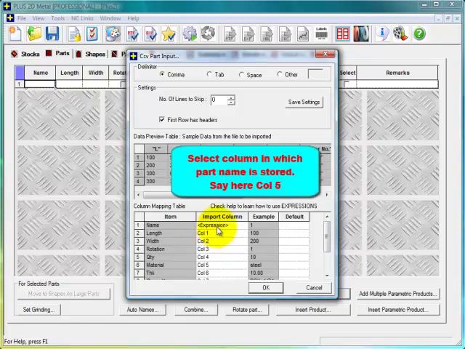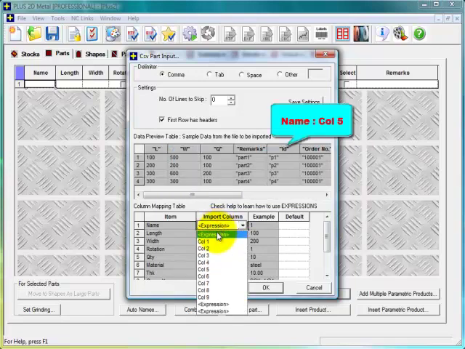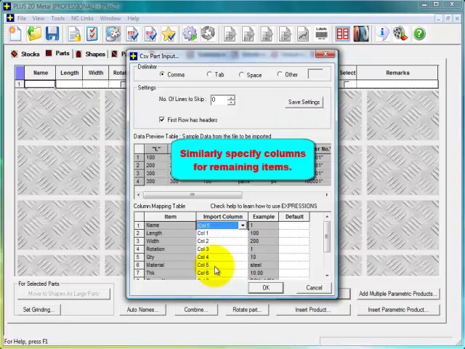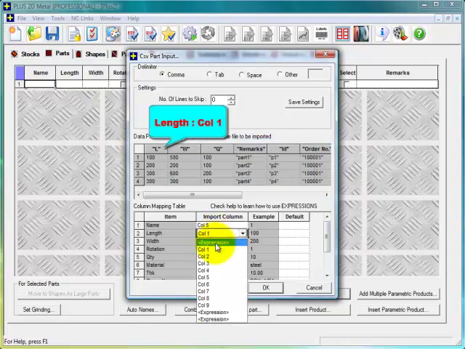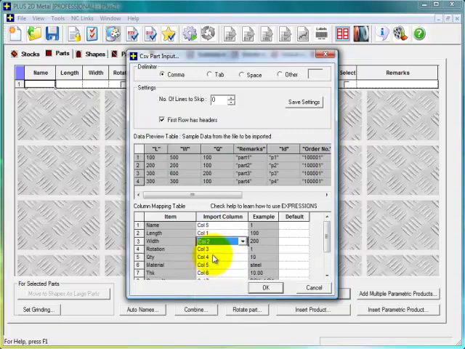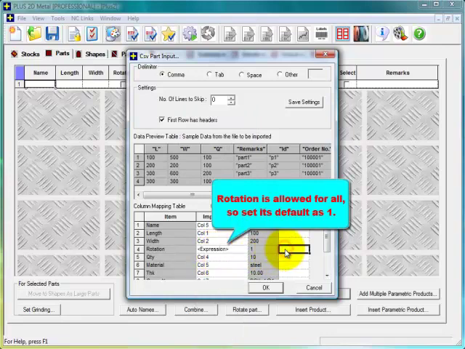Select the column in which the part name is stored. Similarly, specify columns for the remaining items. Rotation is allowed for all, so select expression and enter the default value.